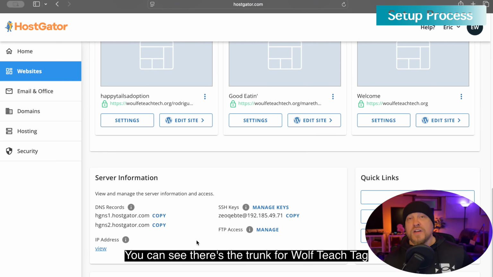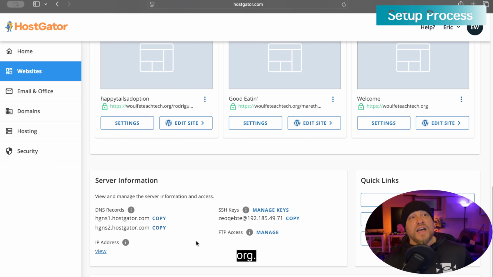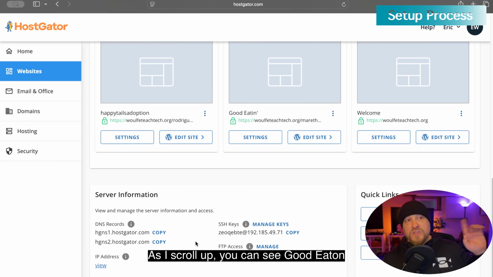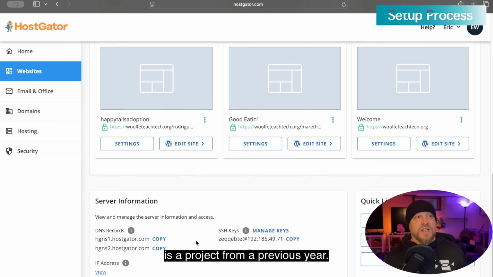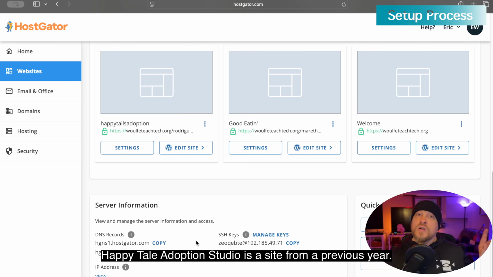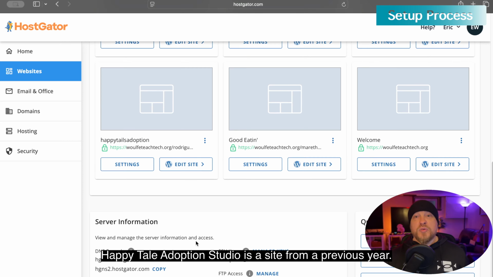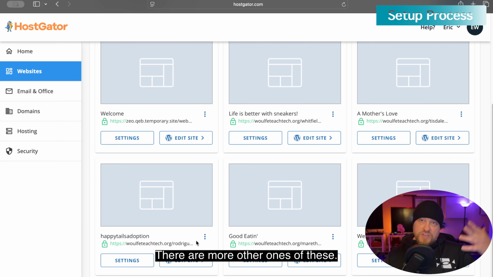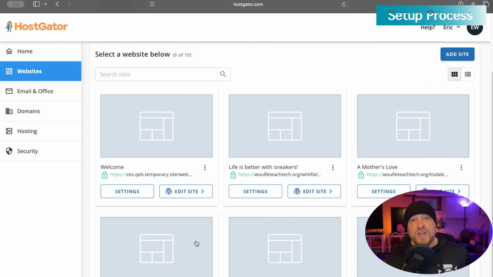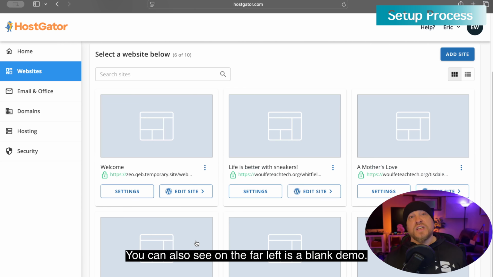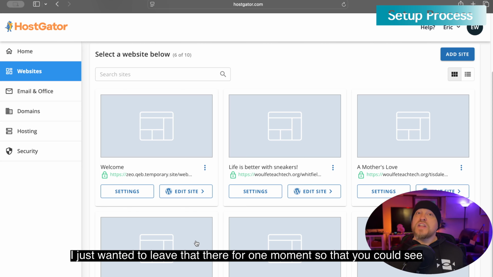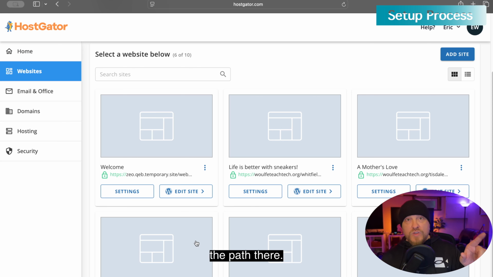You can see there's the trunk for wolfteachtech.org. As I scroll up, you can see Good Eatin' is a project from a previous year. Happy Tail Adoption Studio is a site from a previous year. There are more other ones of these. These are just the ones you can see on the page behind me. You can also see on the far left is a blank demo. I just wanted to leave that there for one moment so that you could see the